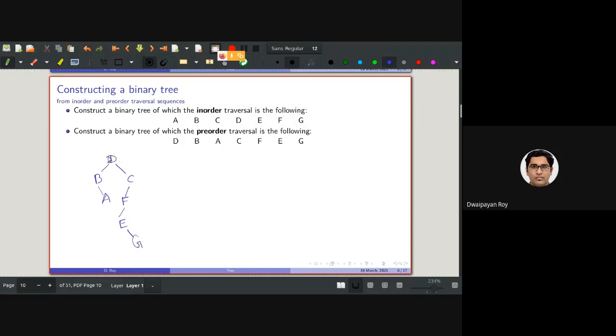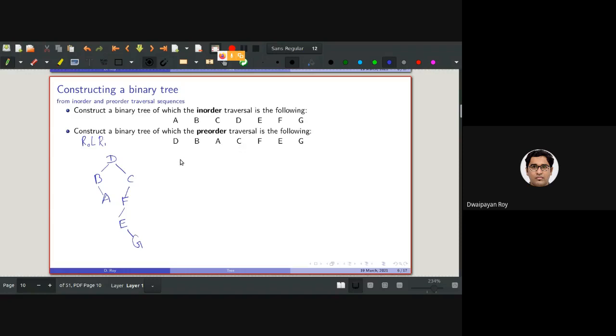If we do the computation, pre-order traversal is basically root, left, right. So for this tree, the pre-order traversal will be this.